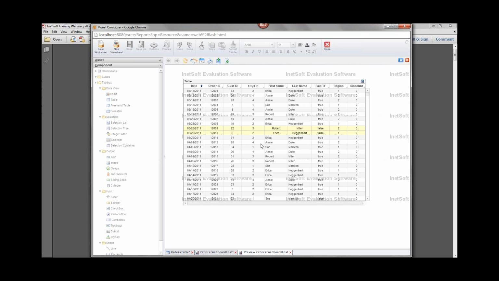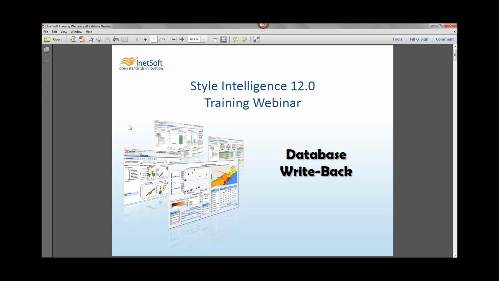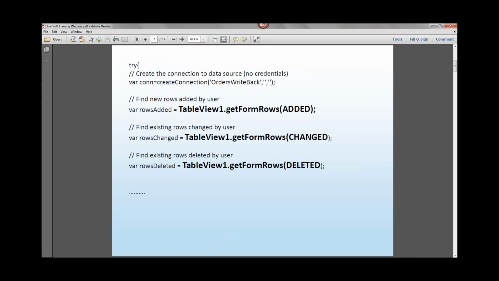Right, so the user made some modifications, the user deleted some rows, the user added some rows, right? Somehow now you're going to have to be able to have access to the user's modifications. And the way that's done is in script through a couple of, well, 3 main functions, which I'll show you here on the screen, right? So this is a property of tables. There's a property called getFormRows, and then in parentheses added, getFormRows changed, and getFormRows deleted. And basically what these functions do, these functions exist only for this purpose, right? Just for acquiring modifications that the user made to a table, an editable table.